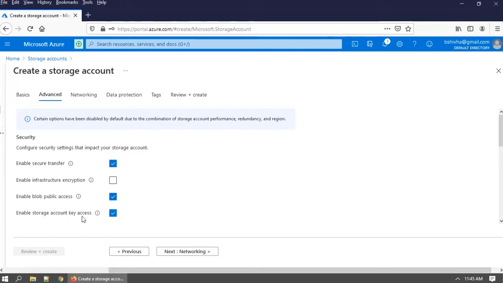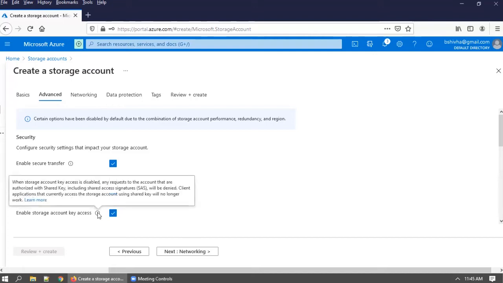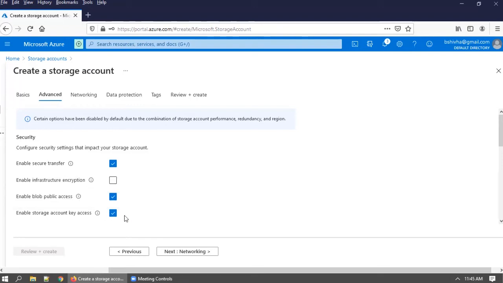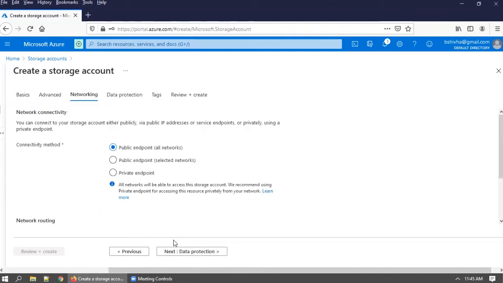Enable storage account key access. So what is this key? Basically, if you want to authenticate using a particular key, then you can enable this. I think this is a recommended way, accessing data via approved keys.